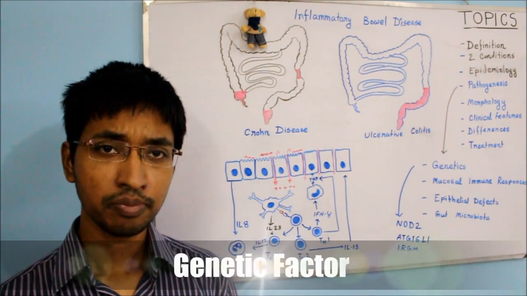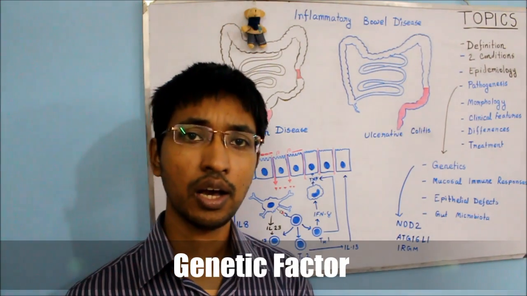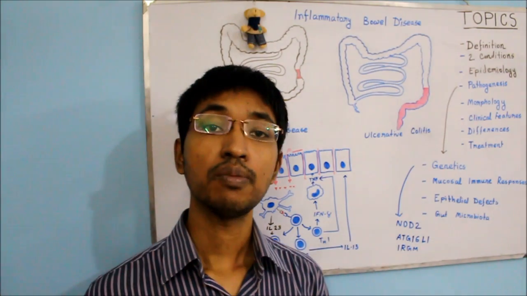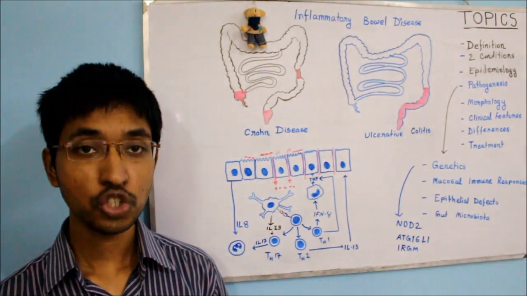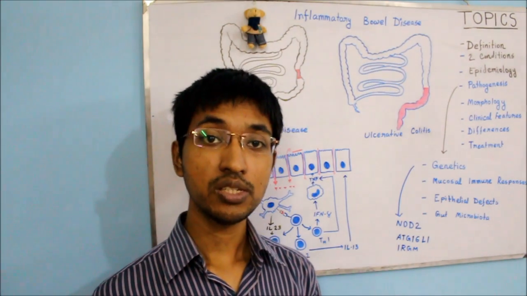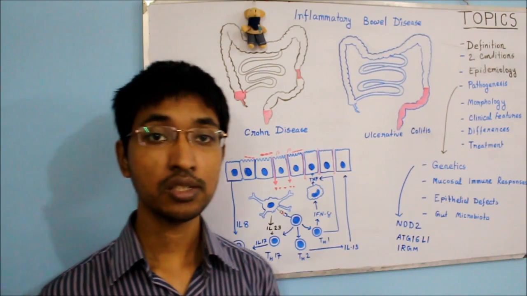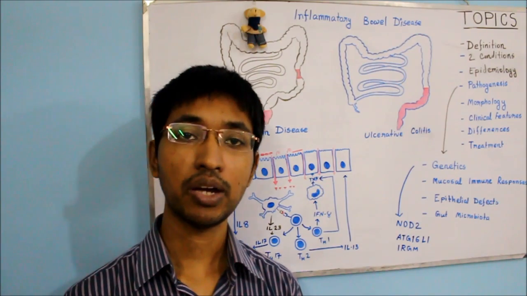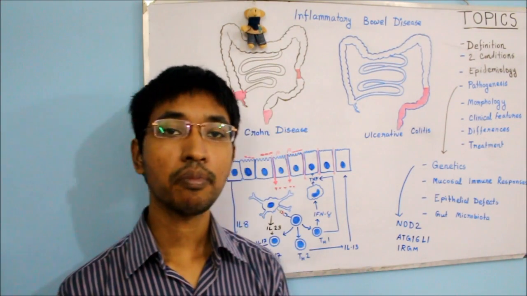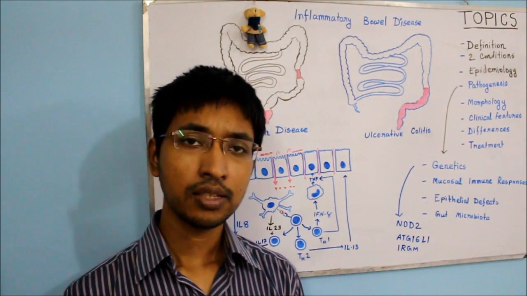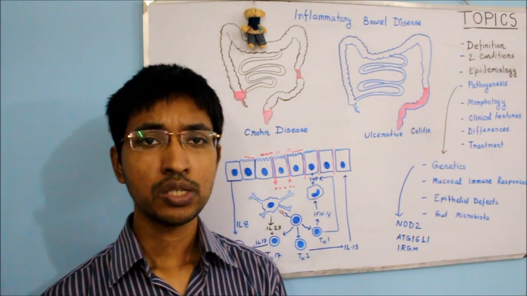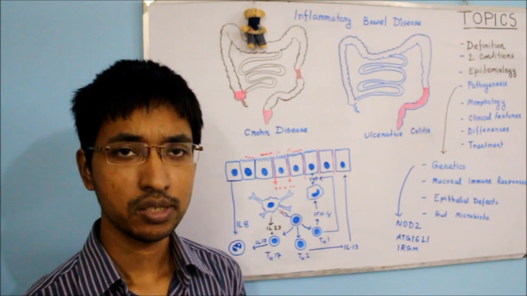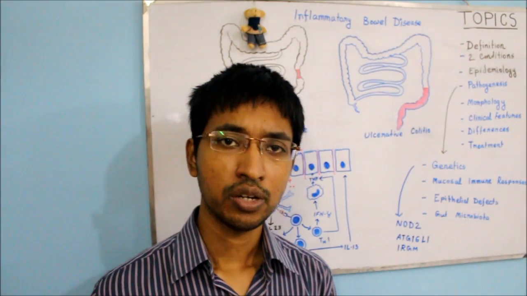Now, population-based genome studies have shown more than 160 inflammatory bowel disease associated genes. Moreover, several of these genes also overlap with the genes that are involved in immune response against mycobacteria, particularly against Mycobacterium tuberculosis and Mycobacterium leprae. And this overlapping may explain why we see overlapping histopathological findings in inflammatory bowel disease and also in Mycobacterium tuberculosis